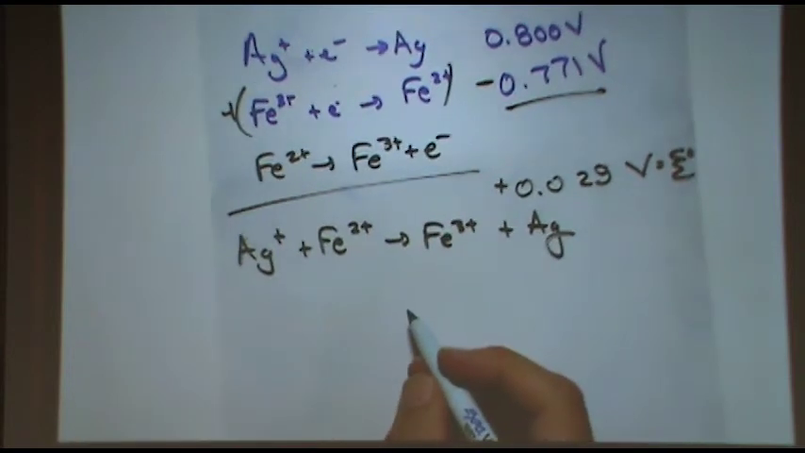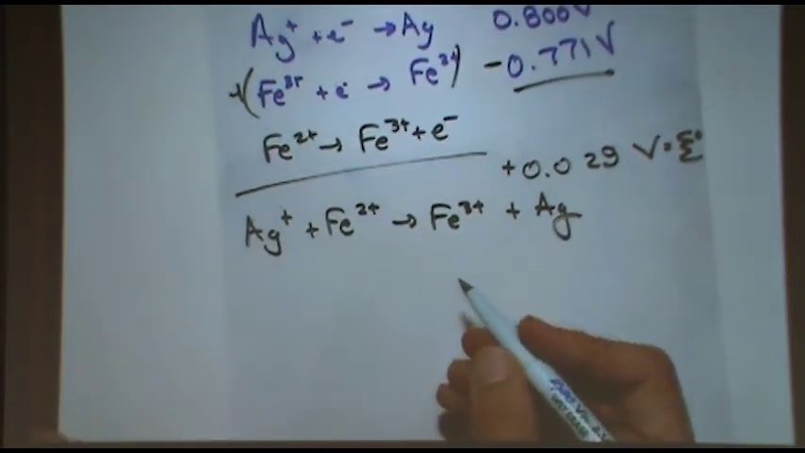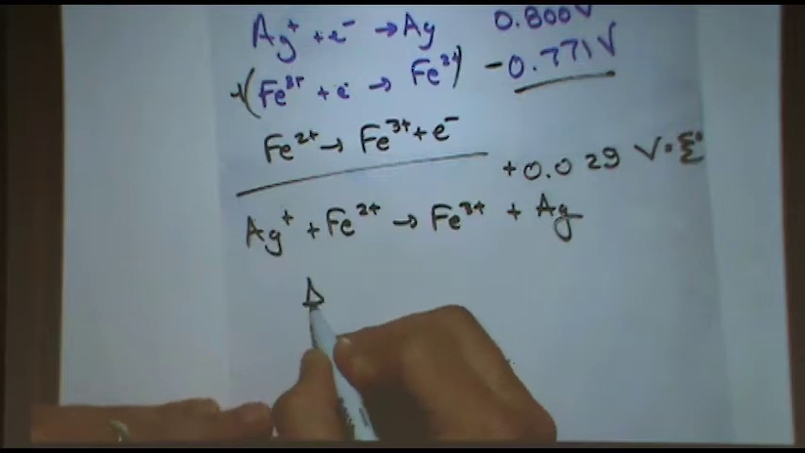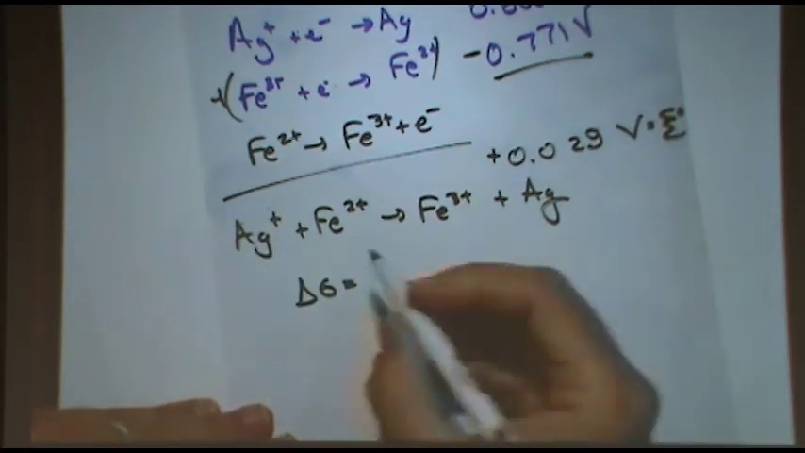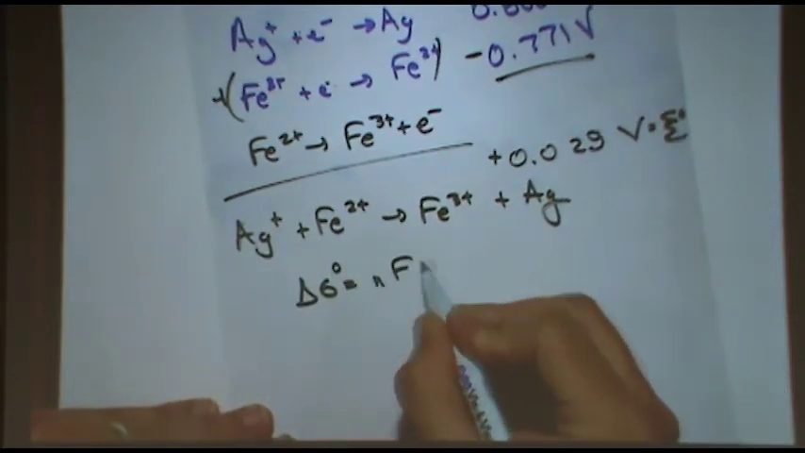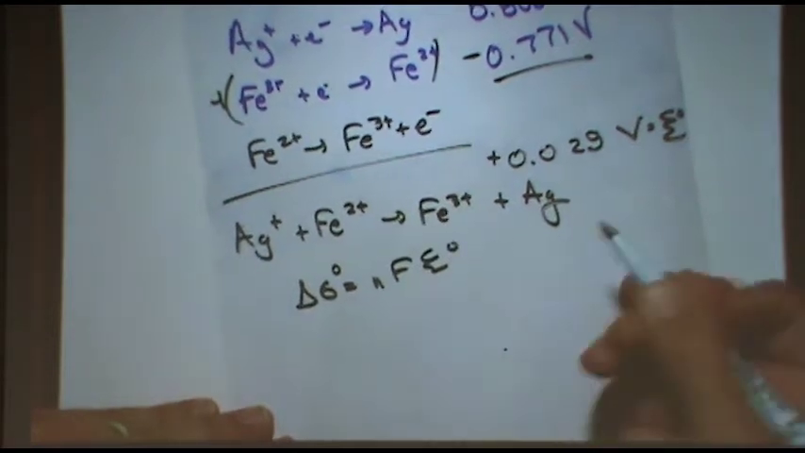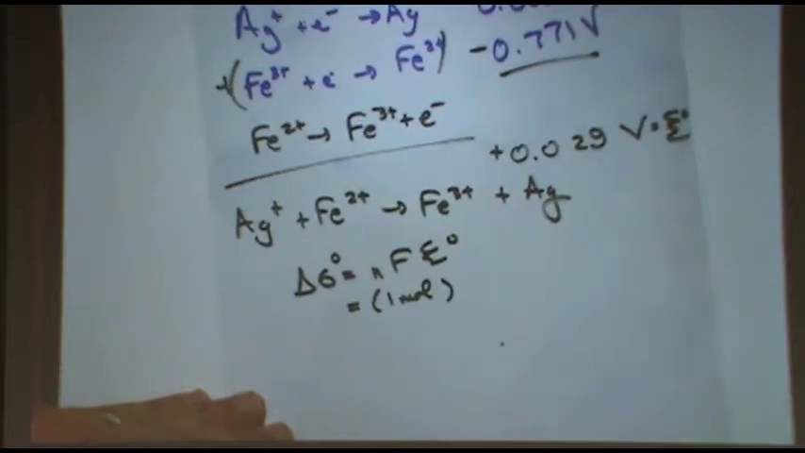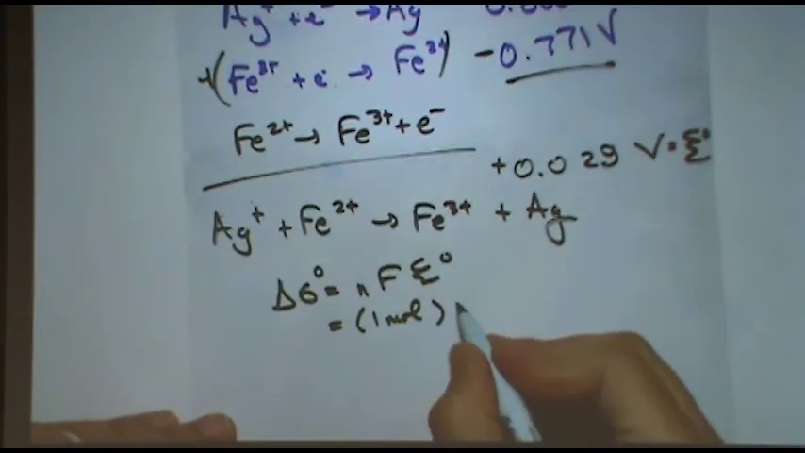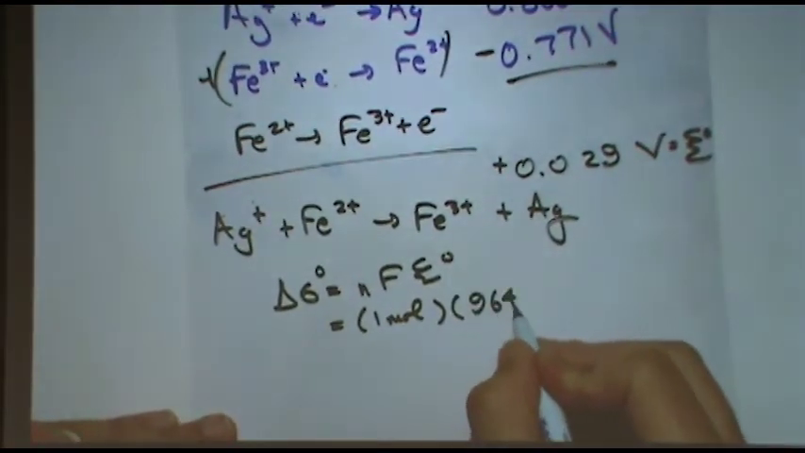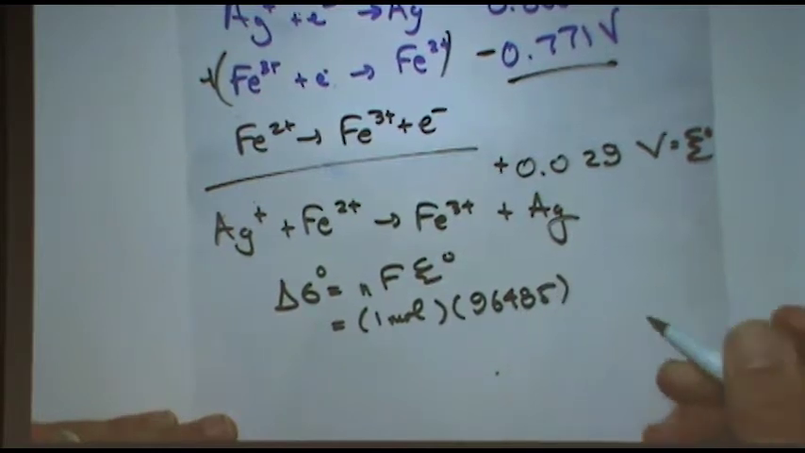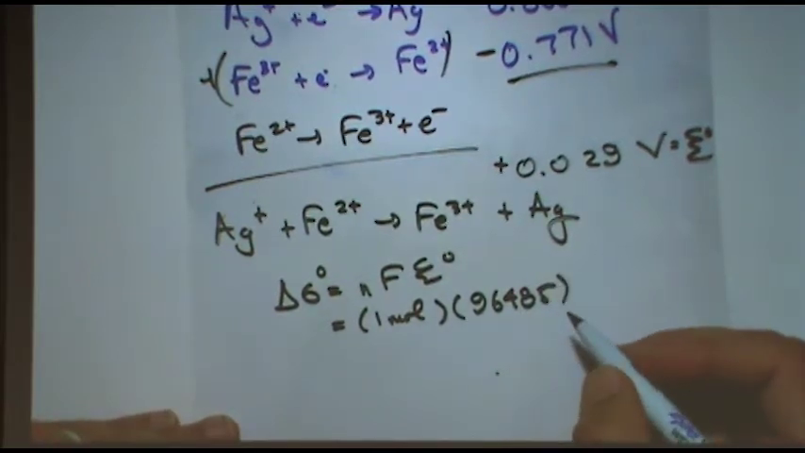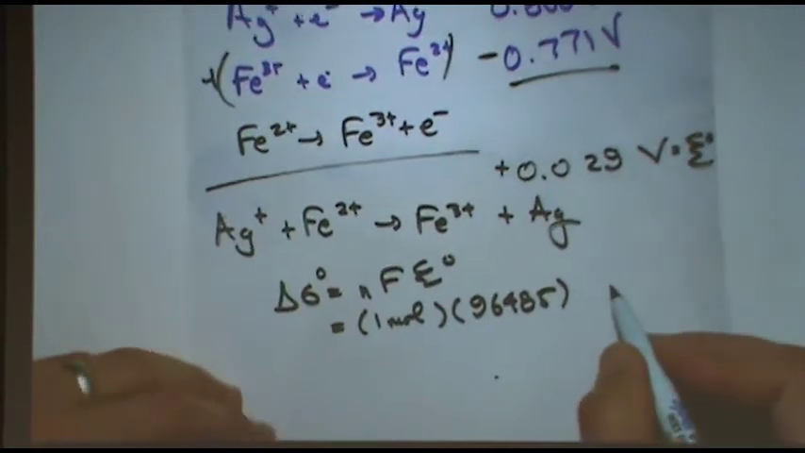All right, let's do first some calculations. If you wanted, say, delta G, so delta G standard, that'd be negative N F E standard. N, again, is 1 mole. F is a constant. That's given on the exam. 96,485. That's coulombs per mole of electrons. And then the voltage,